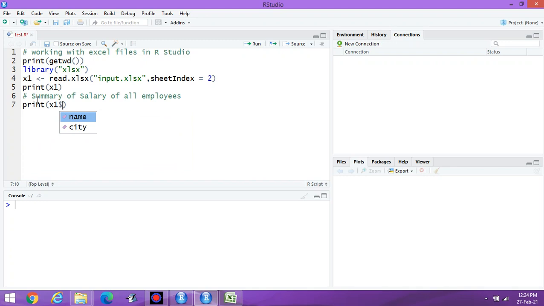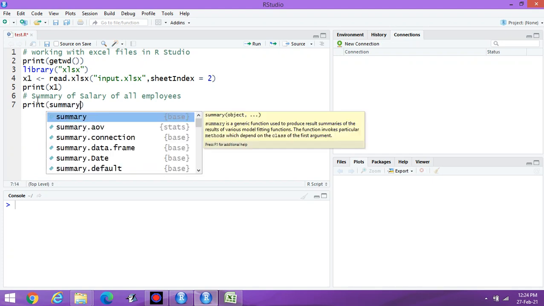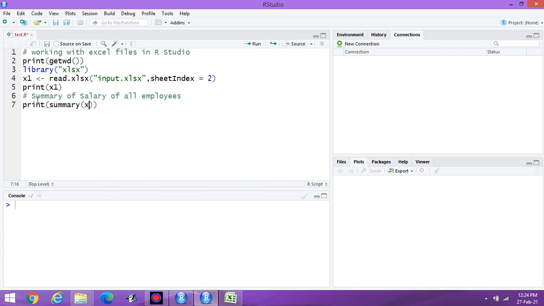You can write here in first step summary, then x1 dollar sign salary. Okay, let's execute this content.